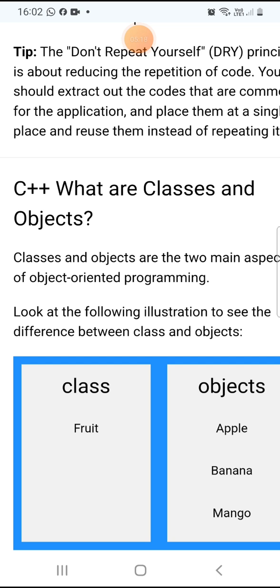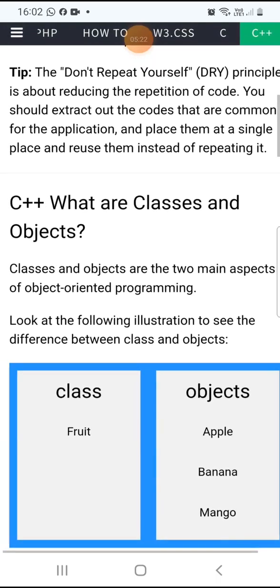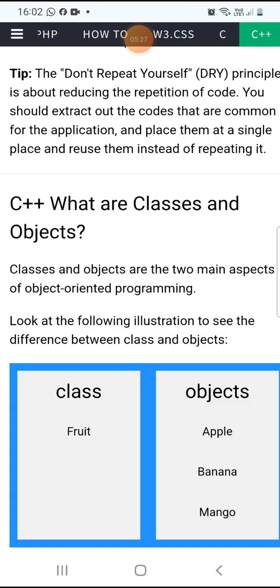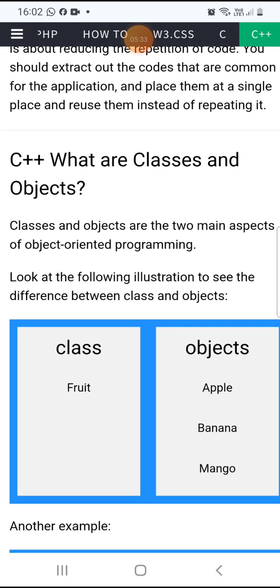I will explain all the things one by one. Don't confuse yourself and don't worry. I will hold your hand like a child, and I will teach all the things very easily, and try to catch up with them at your level. So now let us try to understand classes and objects of C++.